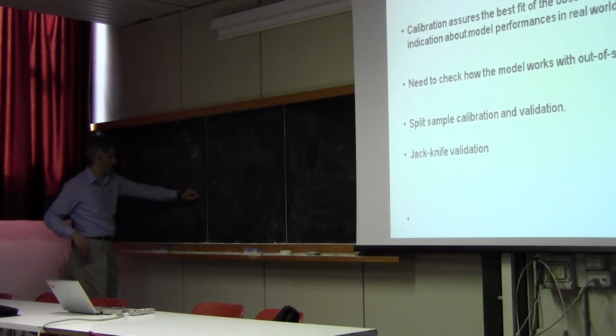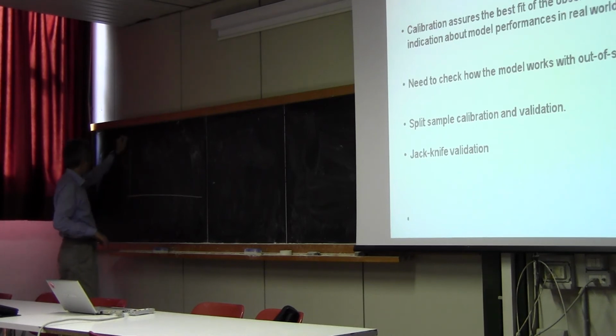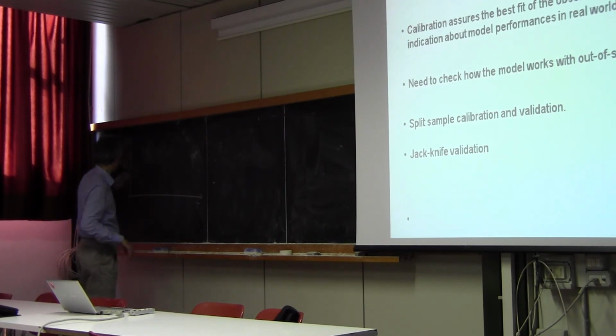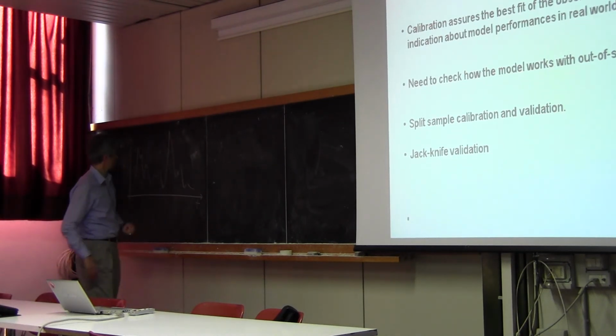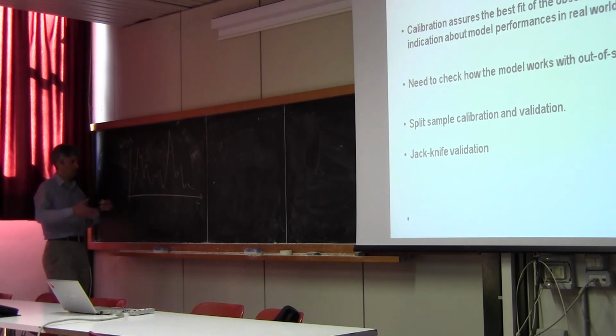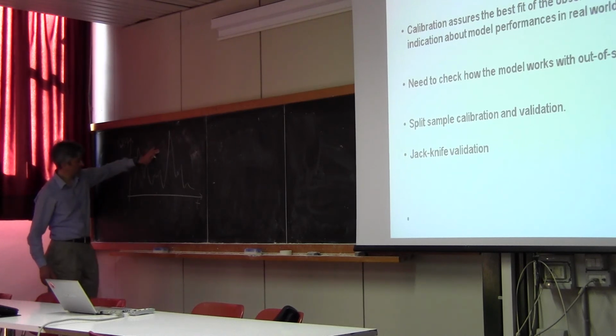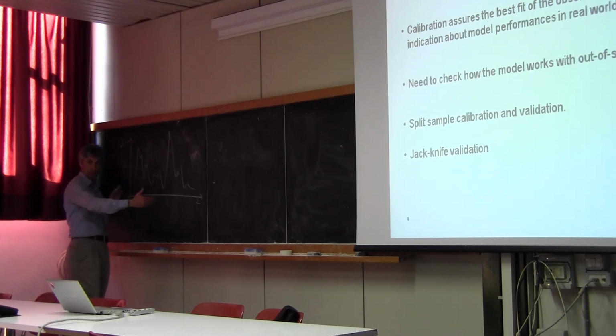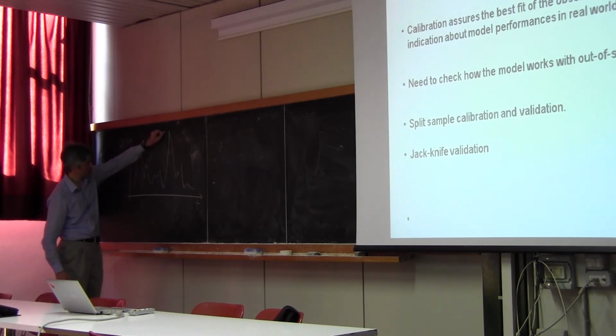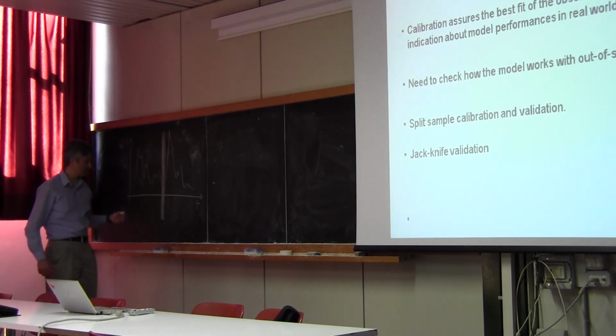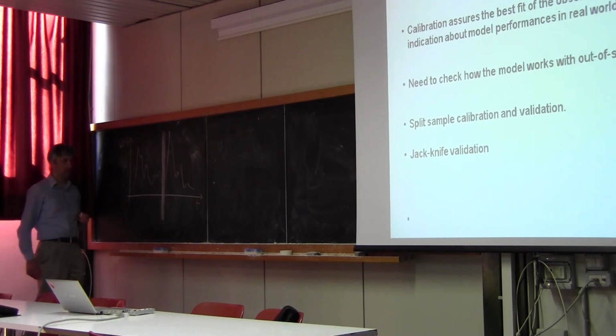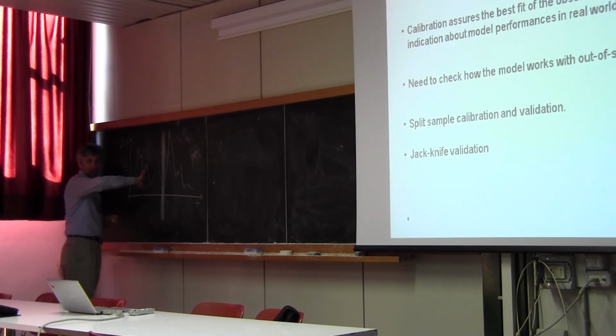Let's suppose that you have a hydrograph that you can use to calibrate the model, Q as a function of T. And let's suppose that you have a hydrograph like so, which is long for an assigned observation period. And therefore, instead of using all this data to calibrate the model, you can just pretend that your sample ends here. You cut the sample here, you split the sample here, and then you can pretend that the second part doesn't exist,